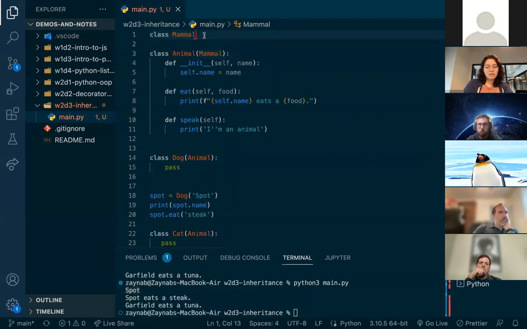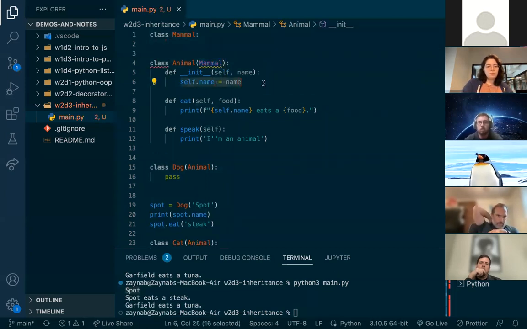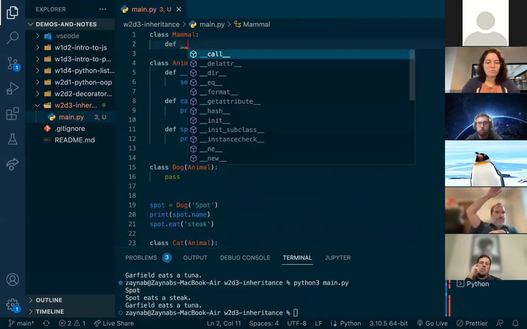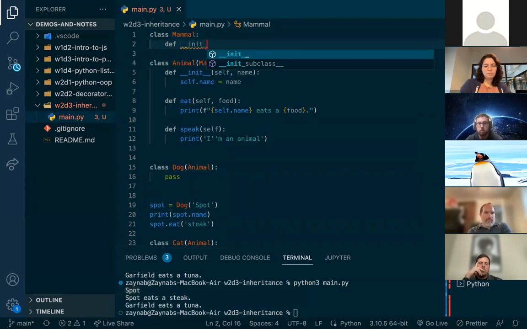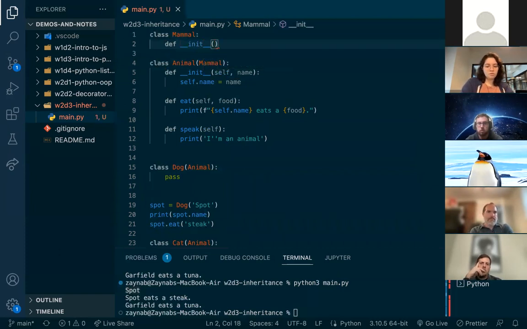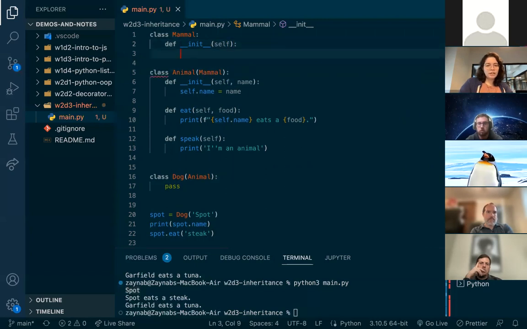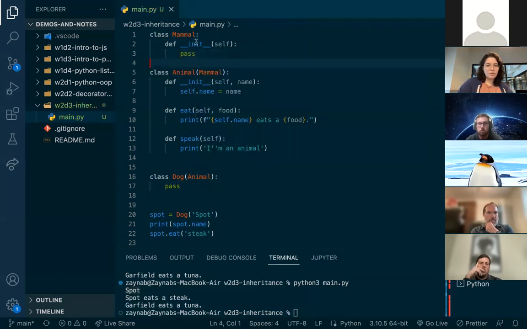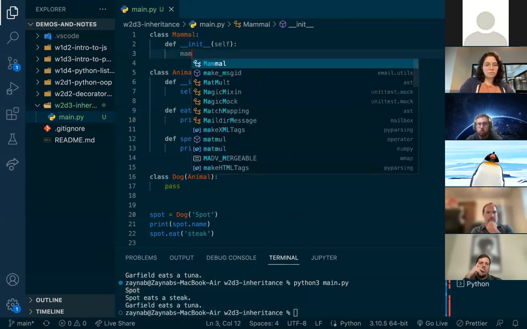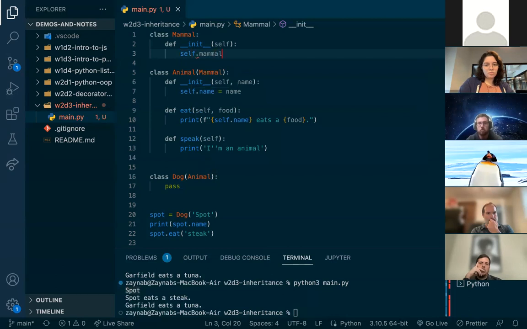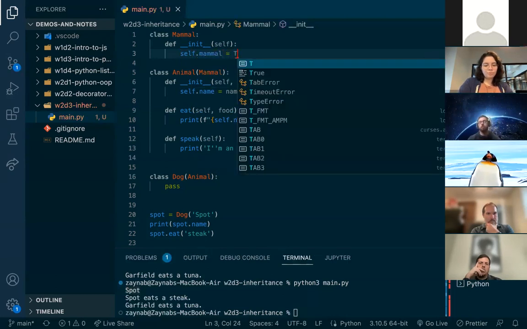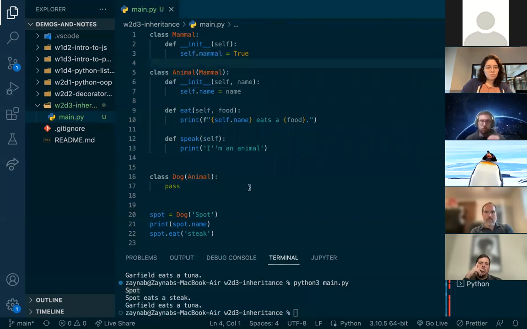So if mammal has specific, so yeah, one second, let me just do this. Let's say to initialize a mammal, I don't really need anything. So I'm just gonna say pass for now. Or mammal equals true. So now if I just added this and I run this,